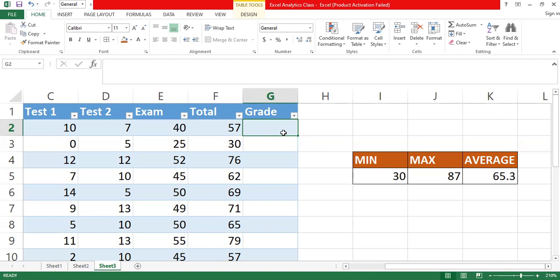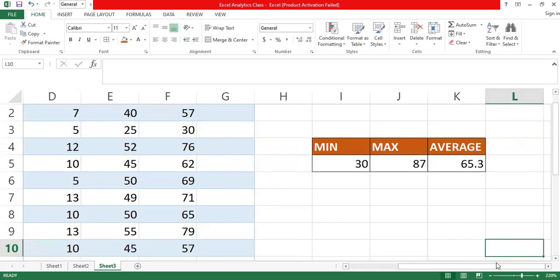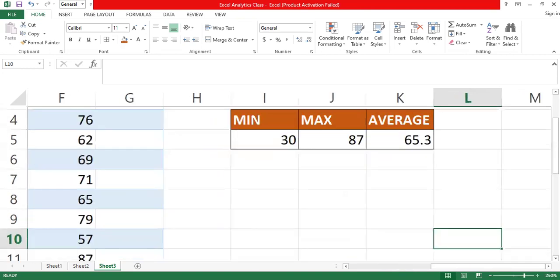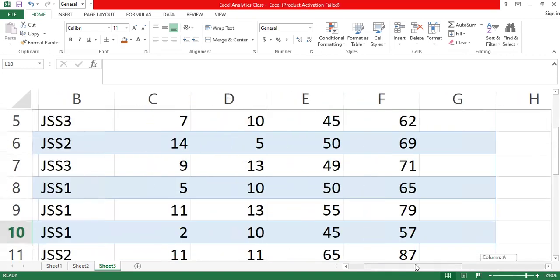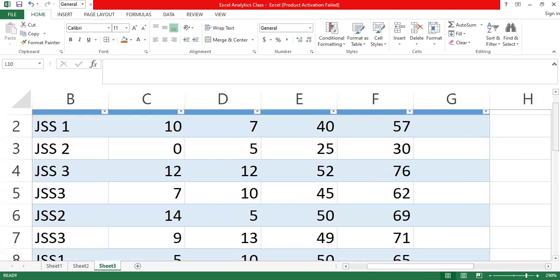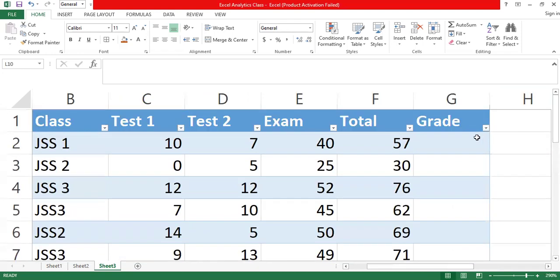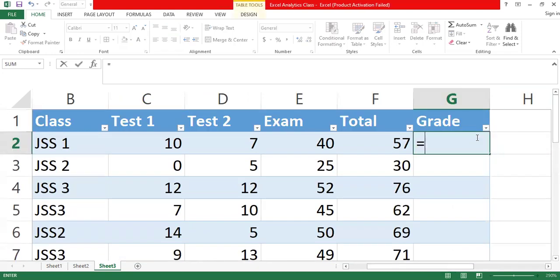So we want to do simple if to just say those who pass, we just do pass and fail. Just those two things. So it's a single condition. Just follow me. Grade. Are we at grade? Let me zoom this in. All right, so grade equal to, please follow me. If